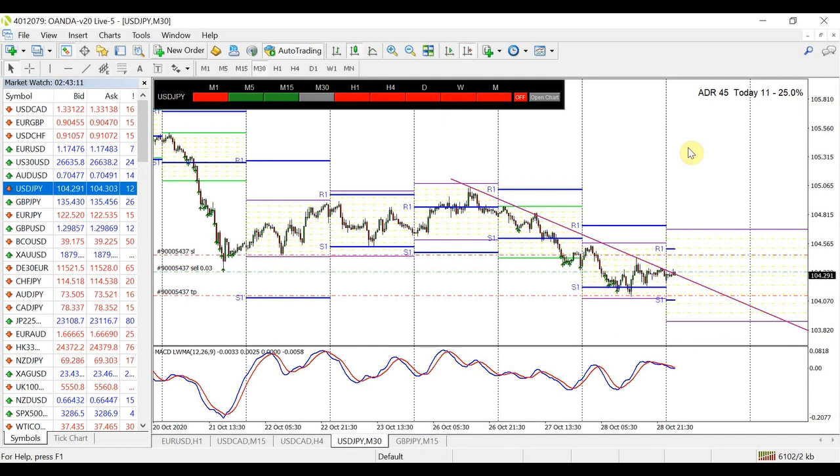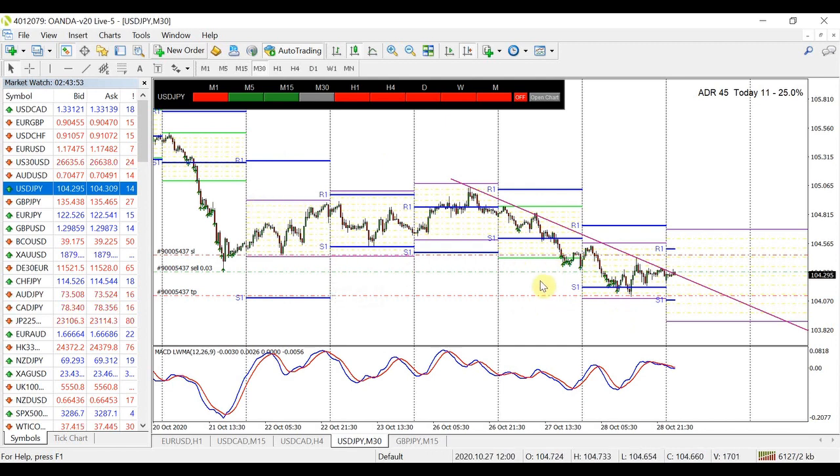So the currency pair USD JPY is expected to move on average, as you can see, 45 pips today, which is looking at the high and the low of the current price action over here. So we're expecting price to get within this range. It may hit the range, it may not. And as you can see from the previous six days, it's only hit its ADR twice, as you can see from the green over here. However, even though it's only hit it twice,